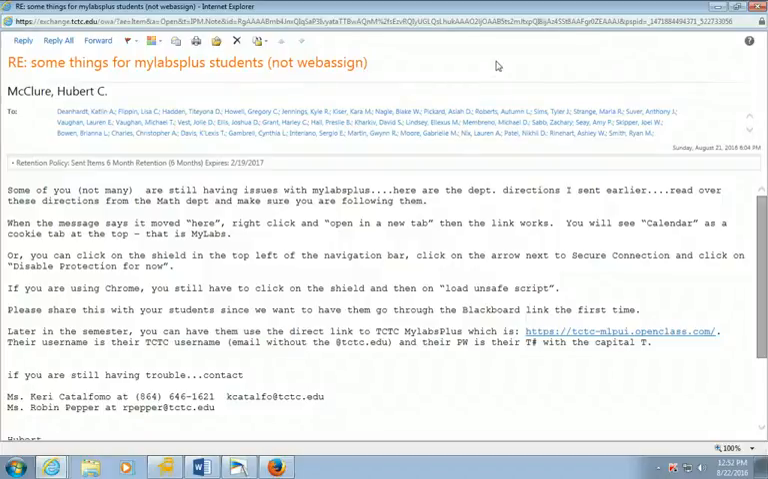If you're still having problems with your username, then you might want to send these two people an email. You can try to call Miss Califomo, but she's in classes all the time, and it'd be better to just send them an email. The first one is KCATALFO@tctc.edu, and the second one is rpepper@tctc.edu. They're the administrators for the college as far as mylabsplus, and they'll help you with username or password or